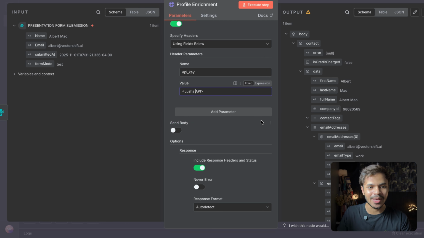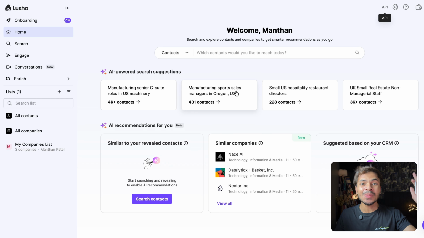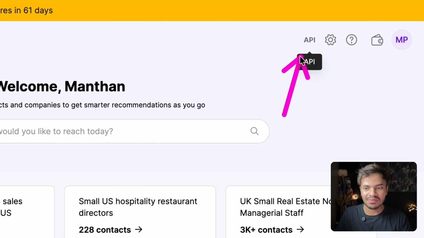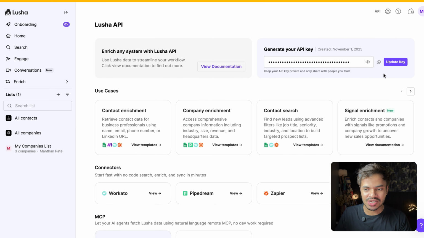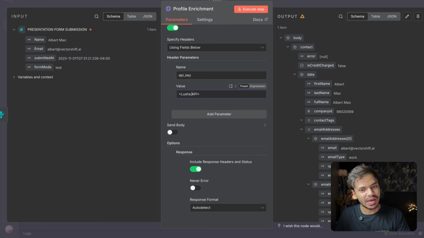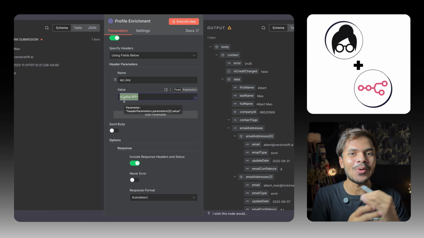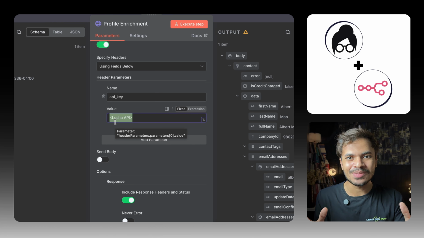So let me show you how you can grab that. First of all, head over to lusha.com and log in or sign up with your account with the link above in the post. Then once you are in, this is our beautiful dashboard where we'll head over to API. Then click on Generate API and copy this, go back to your n8n workflow and paste it here. That's it. That's all you need to do in order to connect your Lusha API to automation platforms like n8n